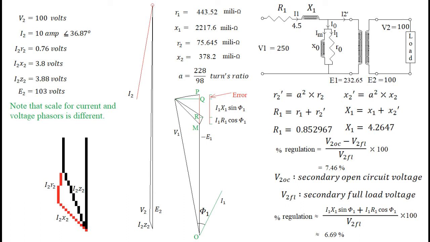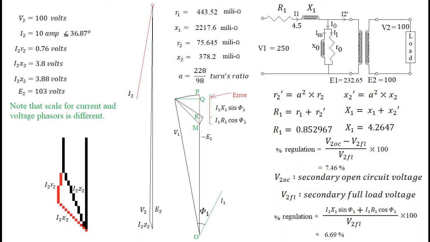Consider the lower portion of the phasor diagram that shows secondary voltage, voltage drops and induced EMFs. Understand the relation between them and the scale of voltage and current. We get terminal voltage V2 after subtracting voltage drops in secondary resistance and secondary leakage reactance.